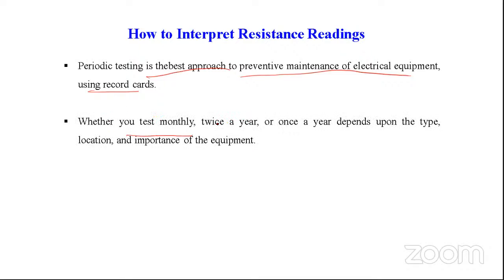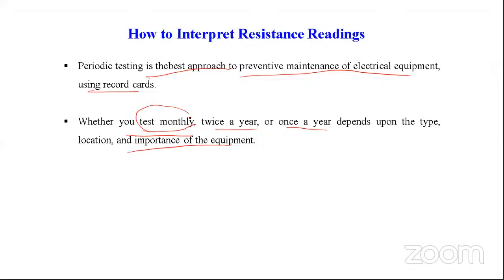Whether you test monthly, twice a year, or once a year depends upon the location and importance of the equipment. Say a power transformer is very important equipment, so for that case you have to test the insulation resistance measurement